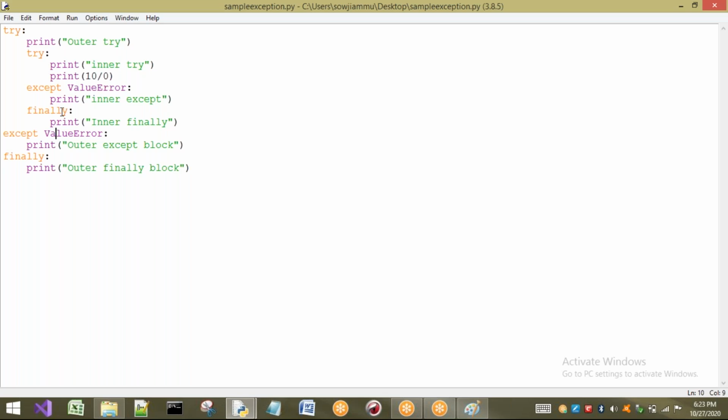That means if any exception is raised inside the inner try, it will go to the inner except. If it is not going to handle that exception, it will come back to the outer except block. If it can handle that, it will handle that. Okay, right? This is the important point we have to understand.